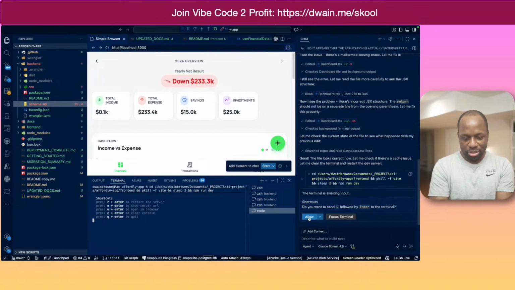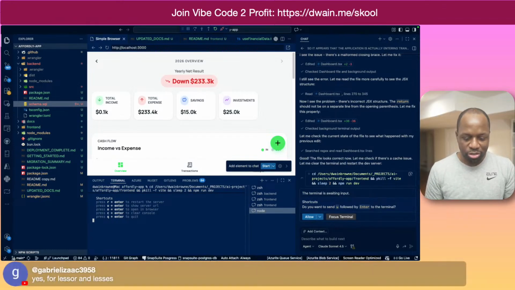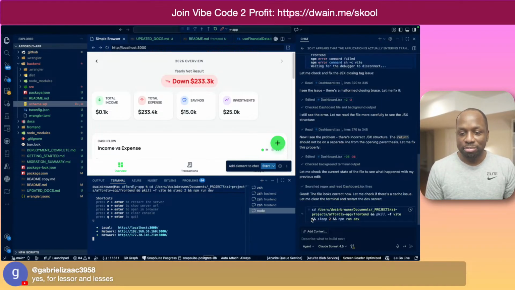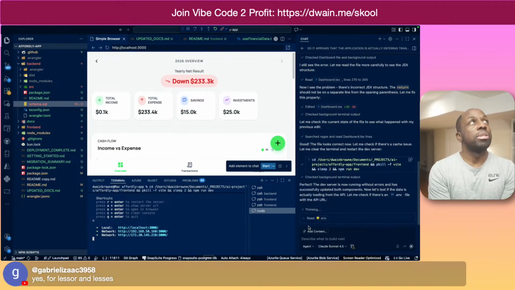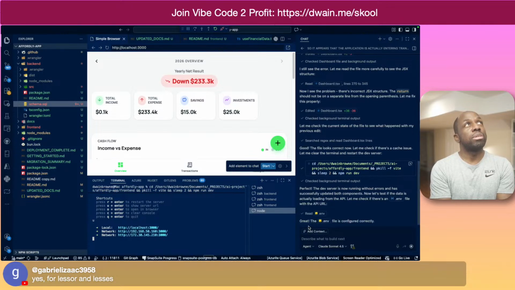Yes, for leasers and leases. Okay, so property management for sure. Got you. Yeah, okay. Interesting. Yeah, I built an app like that years ago, decades ago, way before AI. And the thing that you kind of have to think about is, if it's a property management app, you end up with